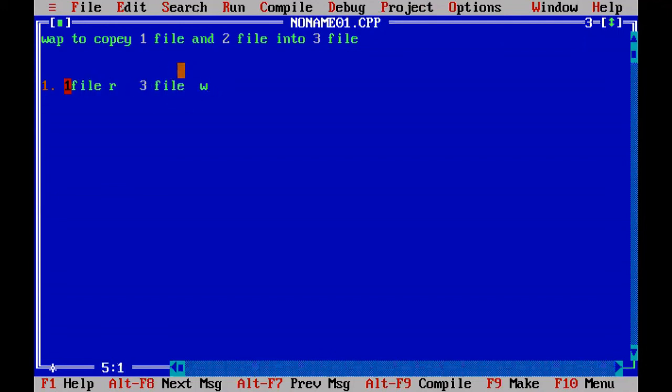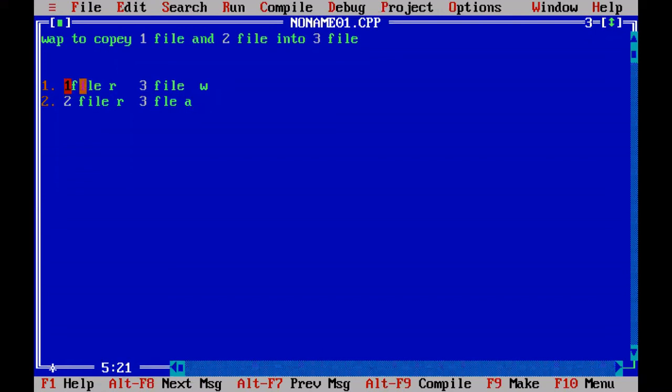Then in step 2, open the second file in a reading mode. Then open the third file again in the appending mode. Don't open in the writing mode. If you open the writing mode, the earlier content, whatever we wrote from the first file to the third file, will be gone. So don't do that. Just open in the appending mode. That means whatever content you wrote from the first file to the third file will be present as it is. From the end of that content, we are going to append the data of the second file to the third file.